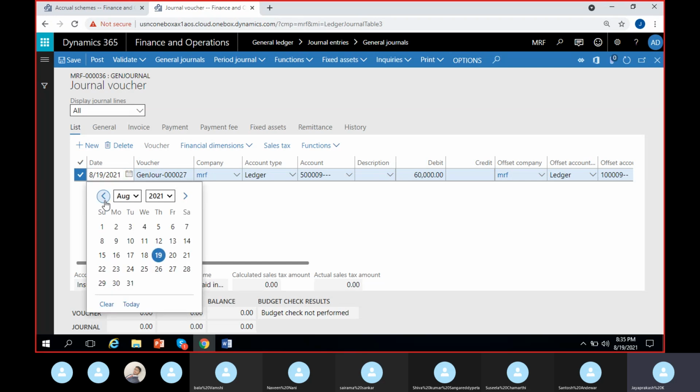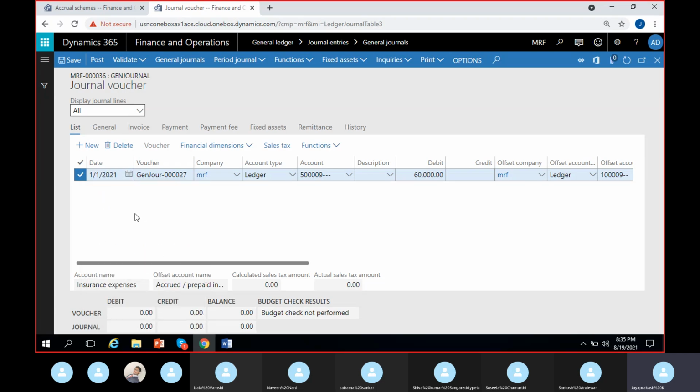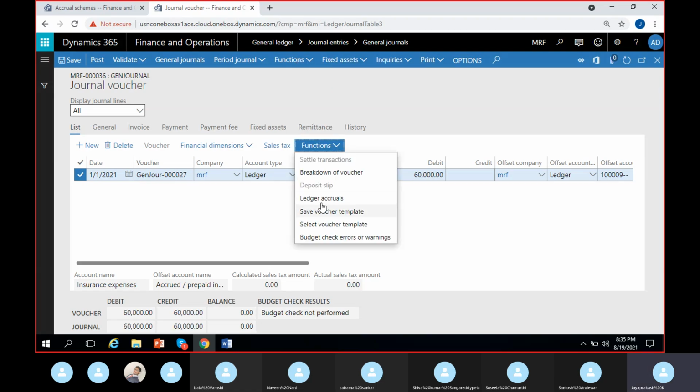So I'll select the date of it as 1st of January, since I'm paying my insurance for the whole year starting from 1st of January. Okay. So starting from 1st of January I have selected. I'll try to apply this scheme here, under functions. So under functions, I have this scheme called ledger accruals. Here I can see it, fourth option. So if I click on ledger accruals here under functions,